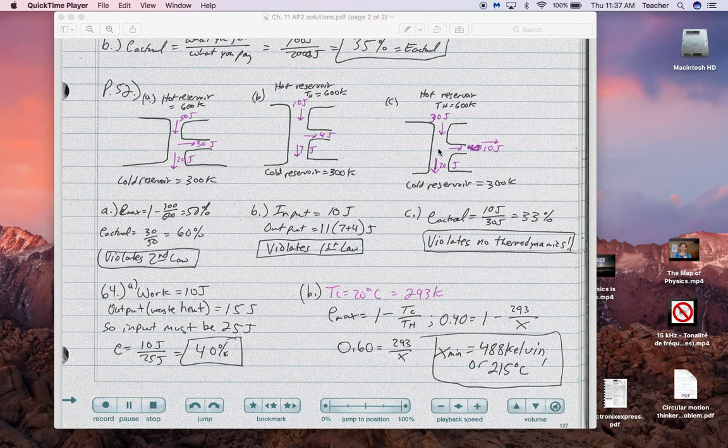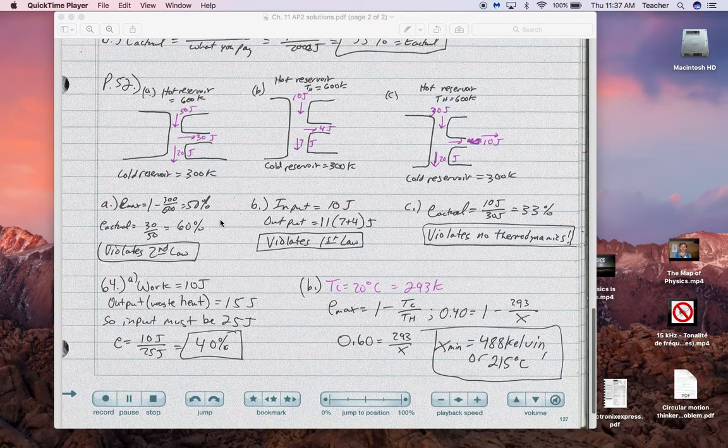We have 30 joules coming in, 30 joules going out, so we don't violate the first law, and we have a 33% efficiency, which is below the 50% maximum that we could calculate, which is true for A, B, and C. For number 64,